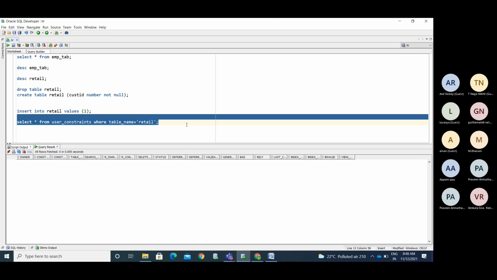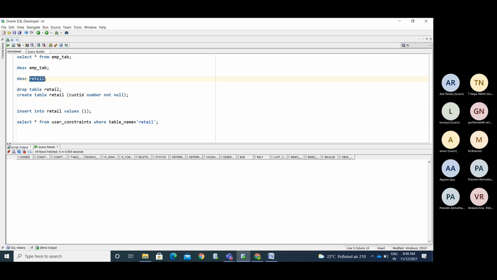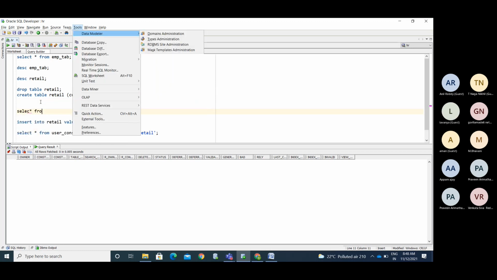Oracle is not case sensitive, but Oracle data is case sensitive. Now we created it in small letters. So now I am going to retrieve the data using select star from.